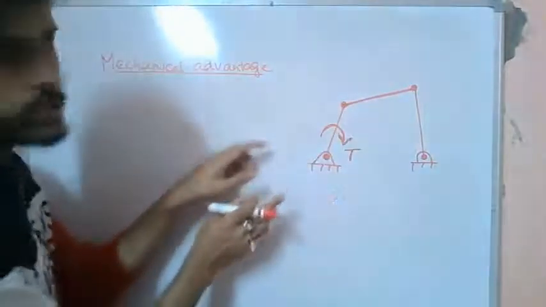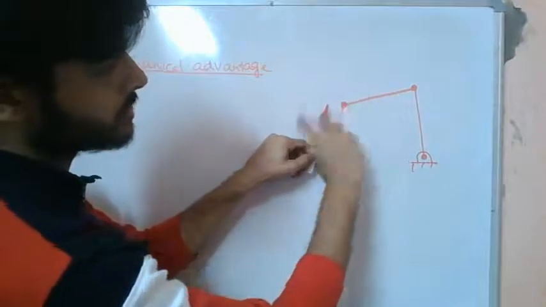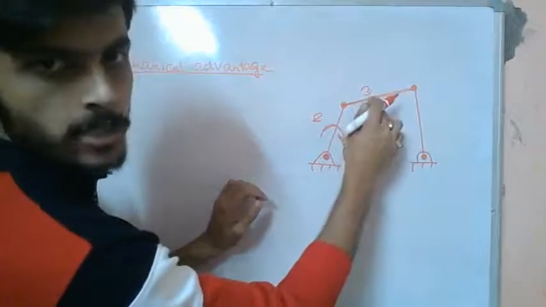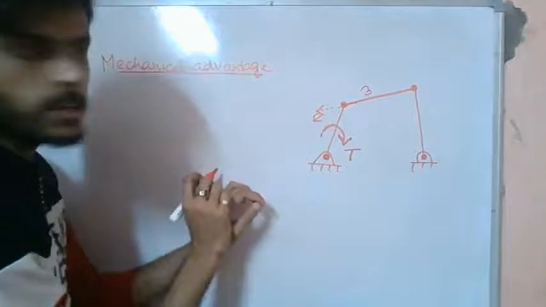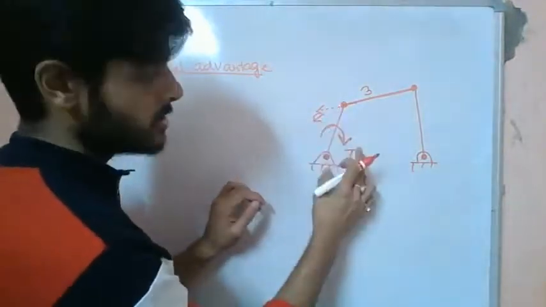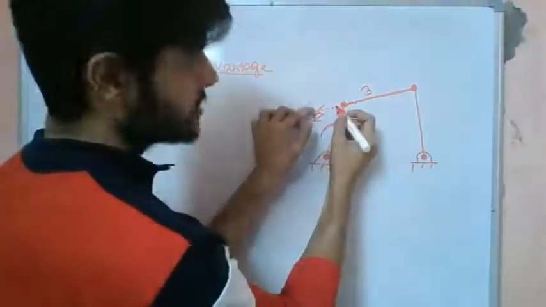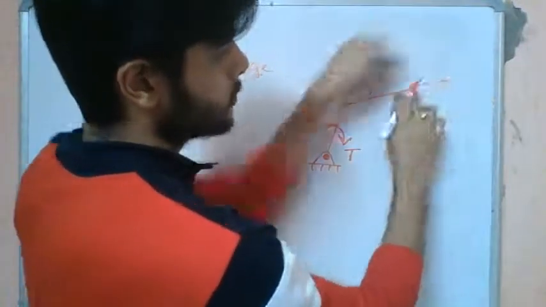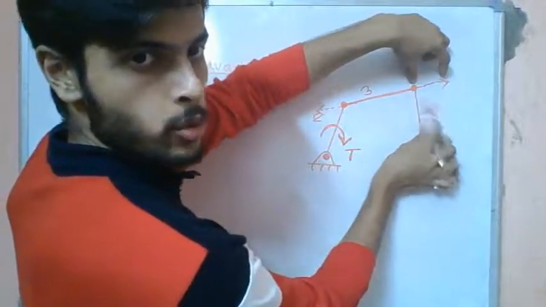That means if we apply some torque over here, this will be resisted by a force like this, right? There will be a force exerted by link 3 on 2, in this direction. So this input torque will be resisted by this force. Similarly, the same amount of force will be transmitted over here, and this force will be acting on this link, trying to rotate it.